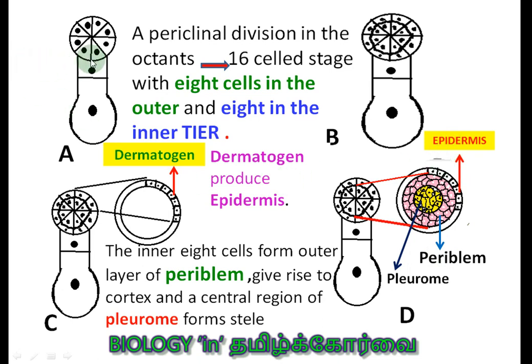So from the 8 cell stage, this is how it becomes one primitive embryo. A rudimentary embryo is formed. That is what this slide shows at 4 different stages. So during the examination, if this slide is there in your hand, you can immediately recollect all the events of embryogenesis, students.